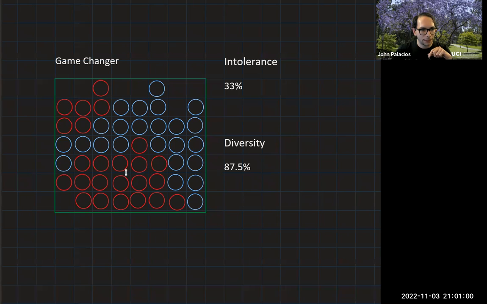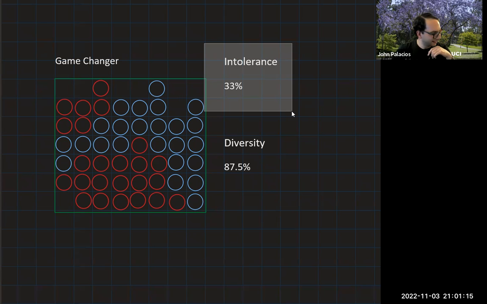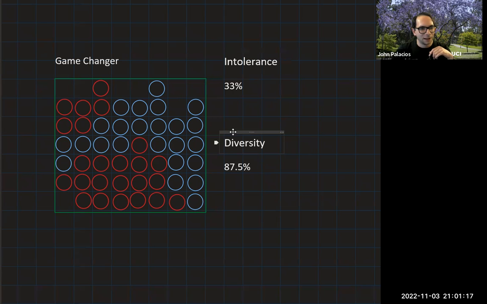So what's going to happen is a token like this one would have been happy if it was only trying to satisfy the intolerance quota. But because it also wants to satisfy this diversity quota, it's now unhappy here because look, all of its neighbors are of the same color, so there's no diversity in this neighborhood whatsoever. So this token wants to move out of the neighborhood. It can move here